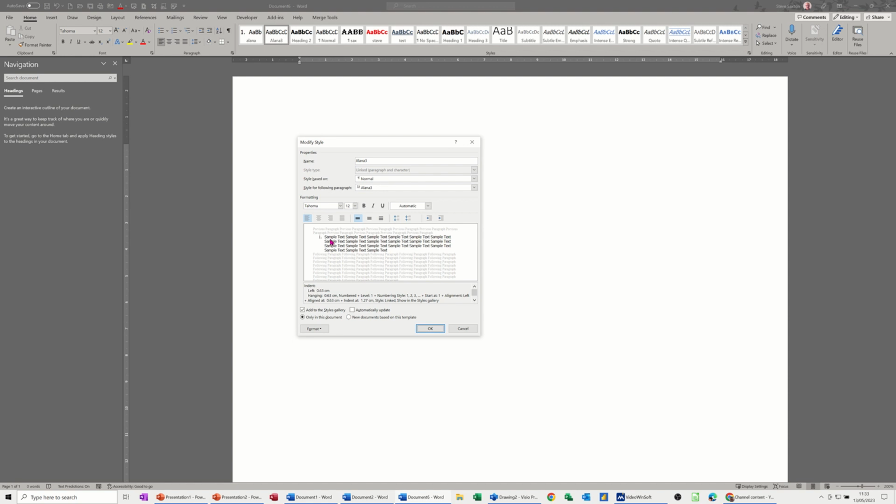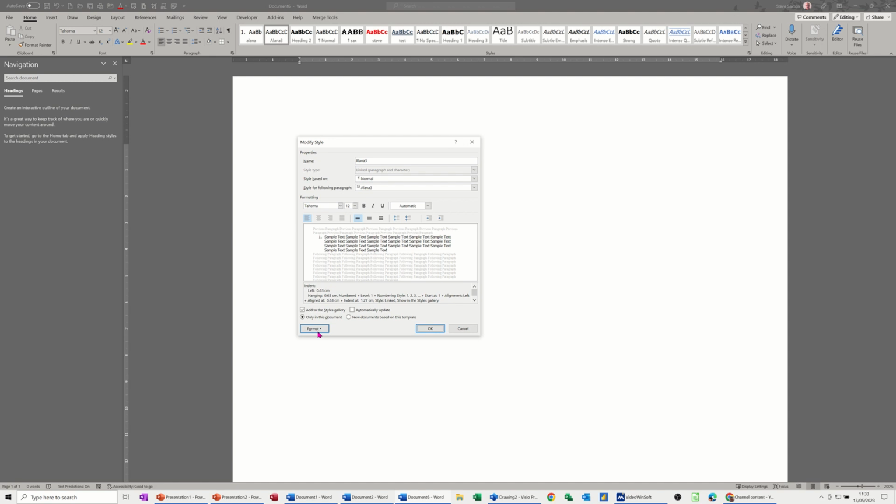Now I want to check that the indents, the left indent and the hanging indent, are how I want them, and I can see the preview there. That is not what I want. I want to set an indent, a left indent at 1.5 centimeters and the hanging indent off that at 0.5, so the whole thing sits on the 2 centimeter mark up here. So the 1.5 will be the first line, and then hanging off it